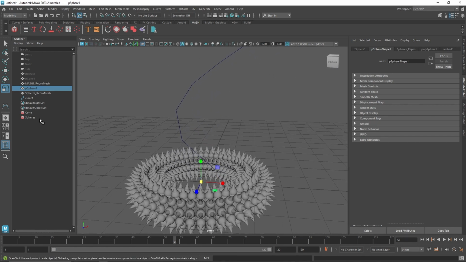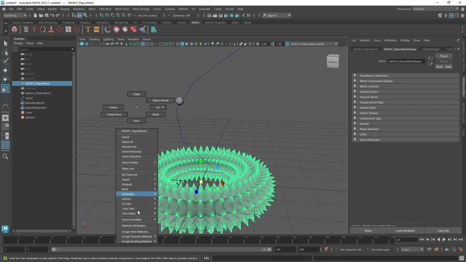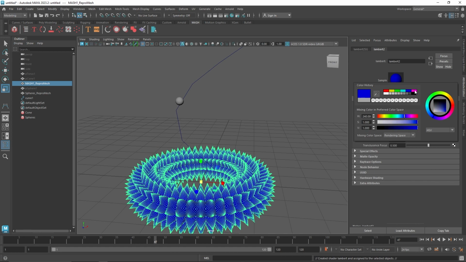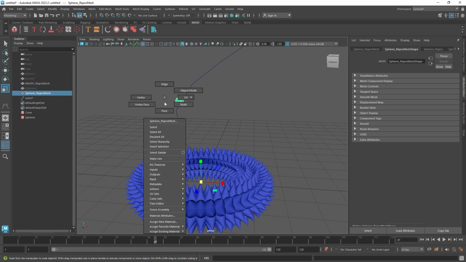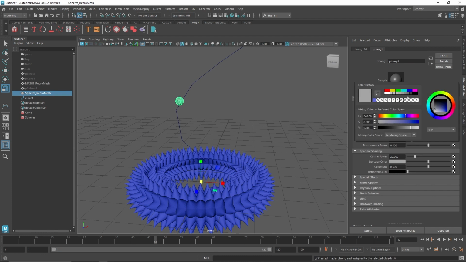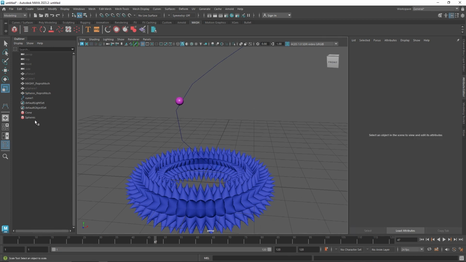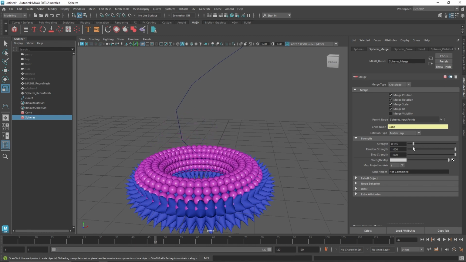And let's quickly animate this. So I'm going to go to my sphere and change the strength to 0 just so we can see in real time, and I'm going to give it a very different looking material and color, so it's a bit easier for us to understand how both of these objects are merging. Okay, now if I go to my spheres and change this, you'll notice that it clones on top of those